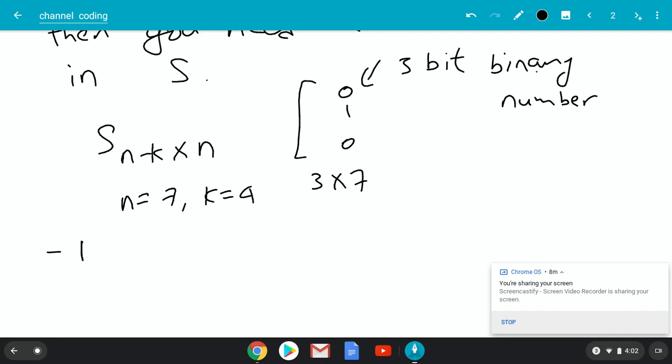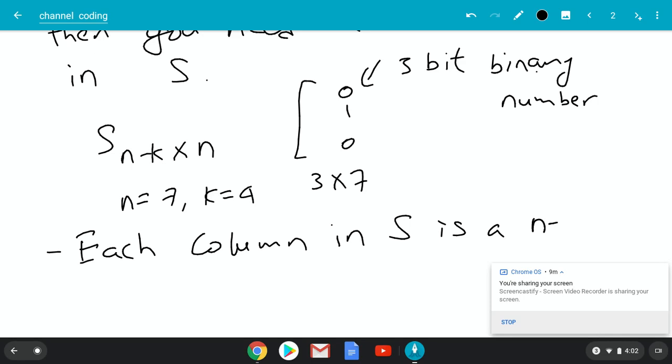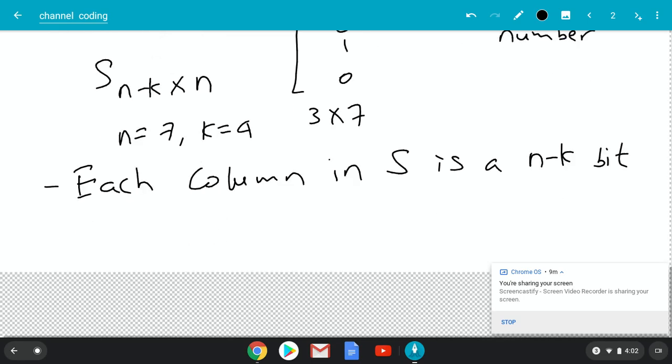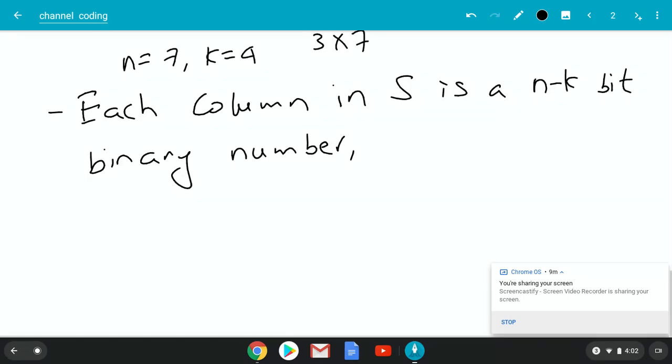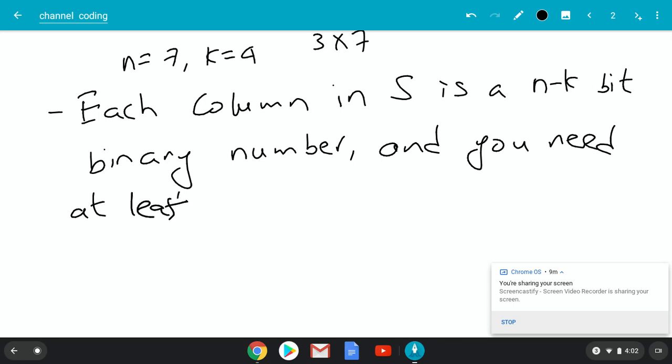So let me write that down. Each column in S is an n minus k bit binary number, and you need at least n columns. So if each column in S is an n minus k bit binary number, right,